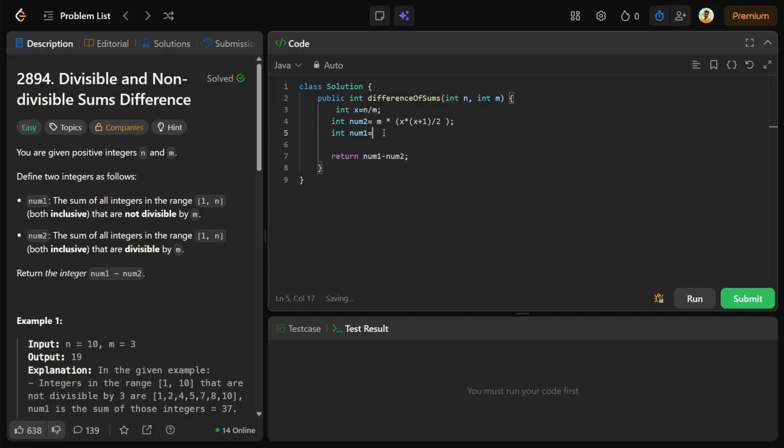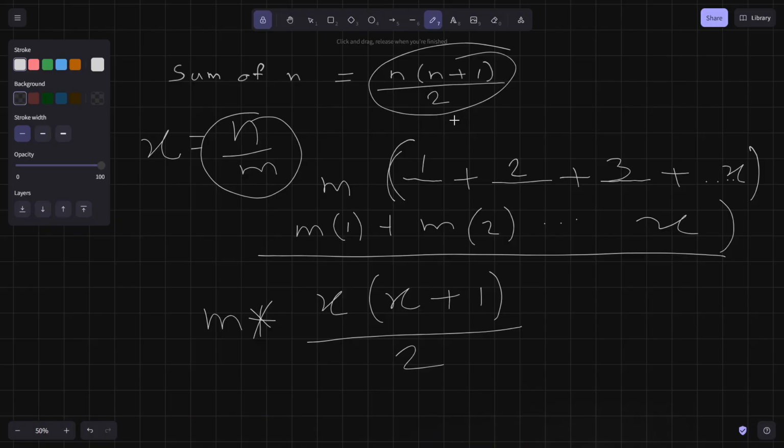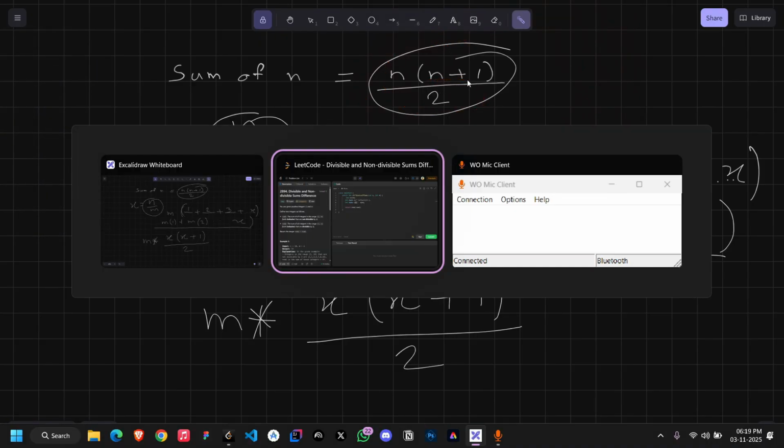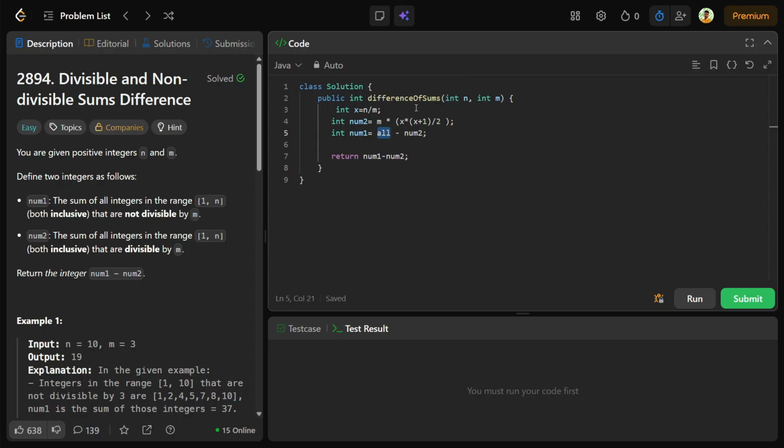Okay. So we know that we have num2. Num2 is the sum of all numbers divisible by m. So we have to get the sum of all numbers which are not divisible by m. So it is the sum of all minus num2. So we know how we can calculate all. We have already learned that to calculate it all is n into n plus 1 divided by 2. So we can apply it here, n into n plus 1 divided by 2. If we run this,